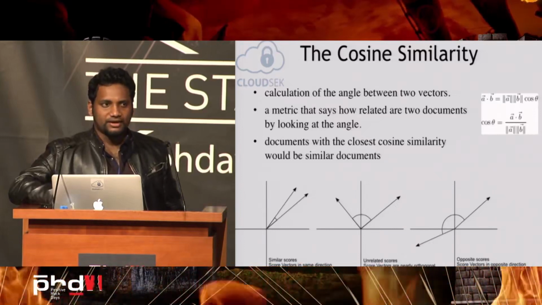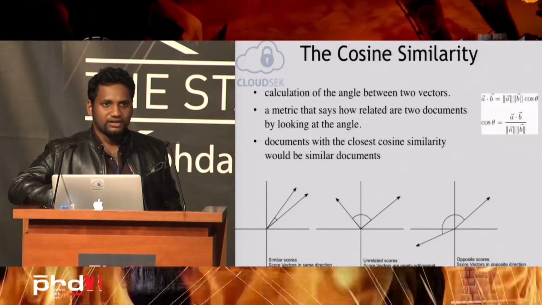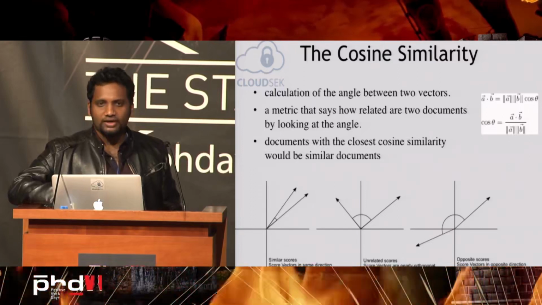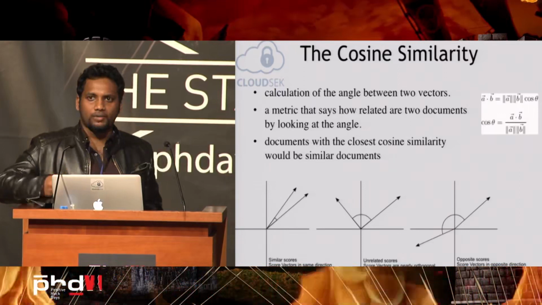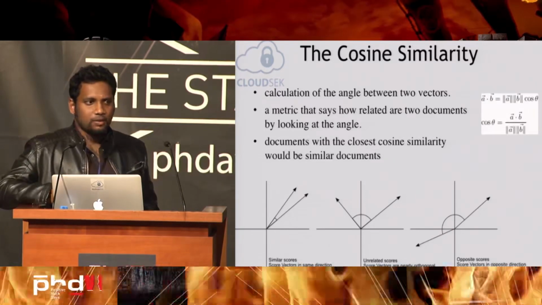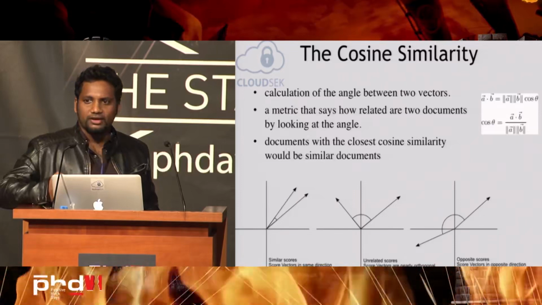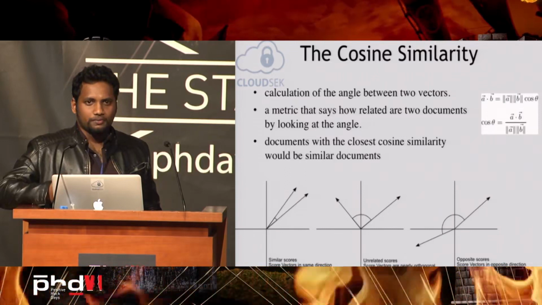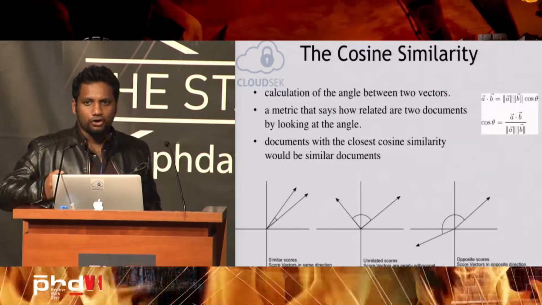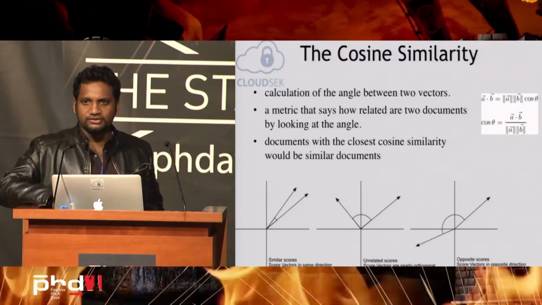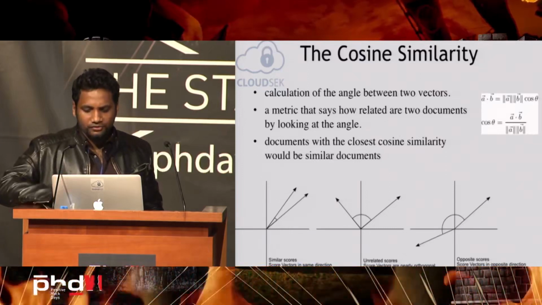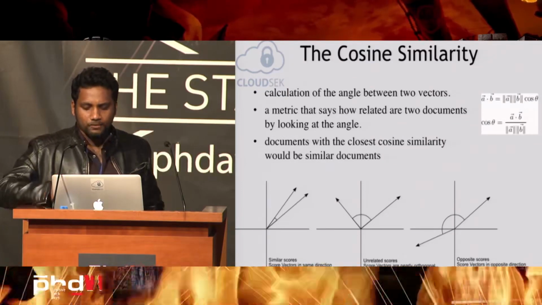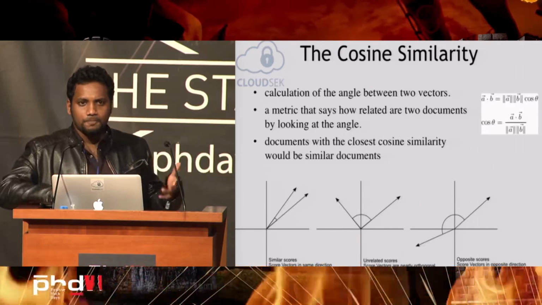Since we already had the vectorized words, we simply checked the angle between these two vectors, and whatever was the closest, we started adding it automatically to those labels. So when it encountered something which was not already in our training data set, for example, "kindly use your account to log in", a new sentence, we used the cosine similarity to understand whether this was very similar. If it was similar, we automatically started adding those to the training data set.